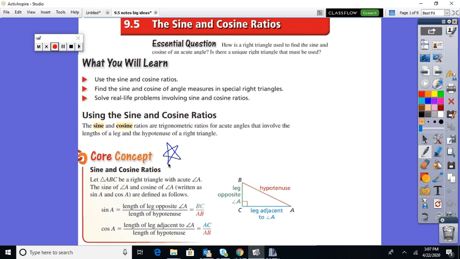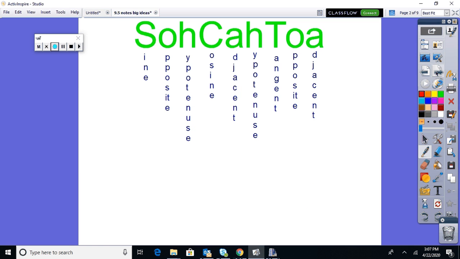So in this triangle, with respect to angle A, the tangent compared the two legs, like we said earlier, the sine will compare the opposite and the hypotenuse. So opposite over hypotenuse. And then the cosine will compare the adjacent to the hypotenuse. So adjacent over hypotenuse. So now the mnemonic device that's used across the country to memorize sine, cosine, tangent ratios is